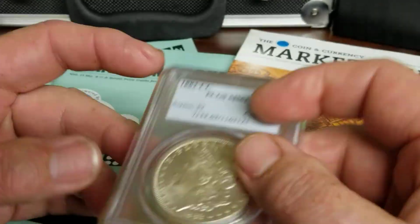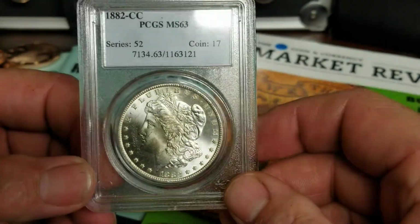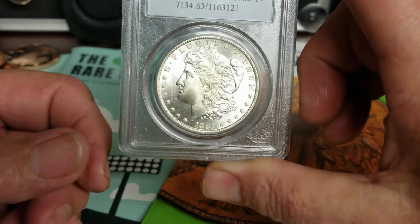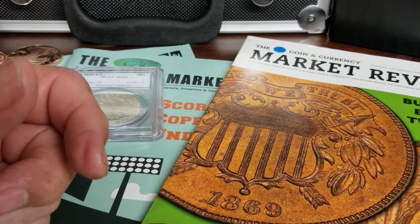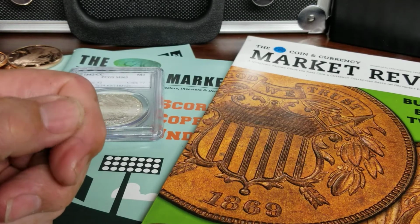But I'm willing to take a gamble and see if I can't win on that one. I'll share that video. That'll be a time for another video. Now the second one is also in an older PCGS holder, but it's a